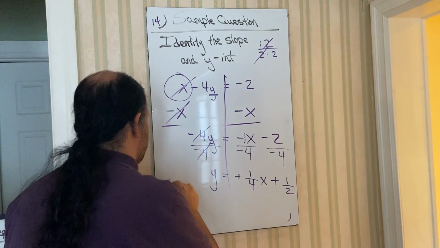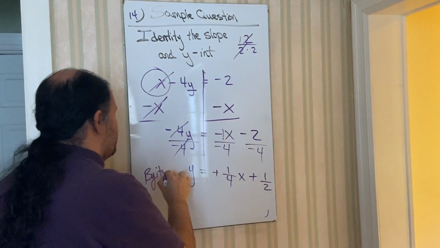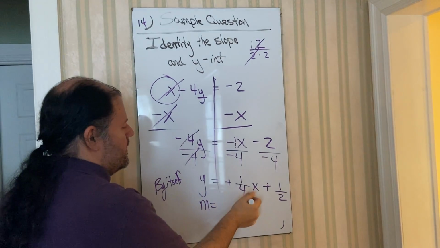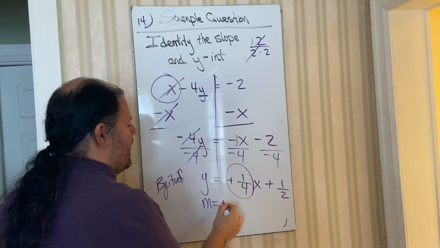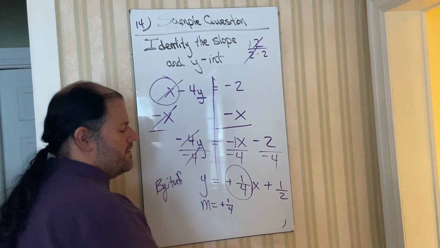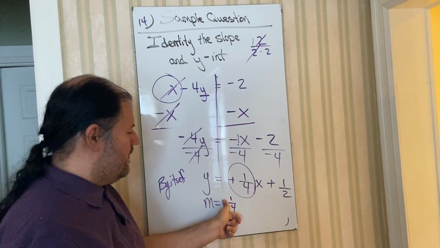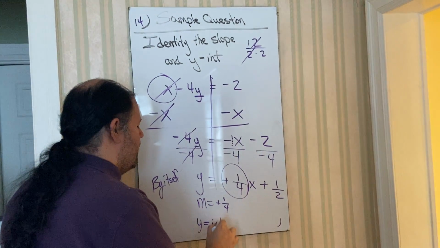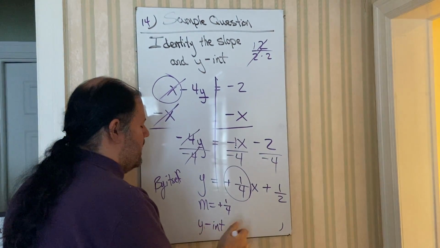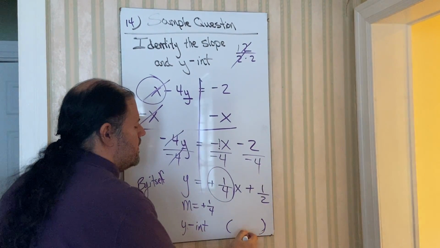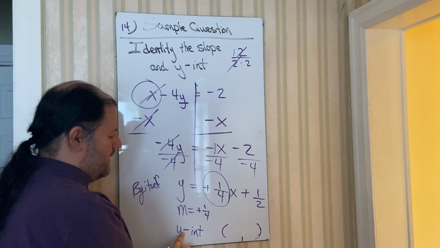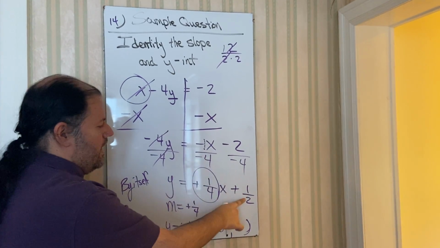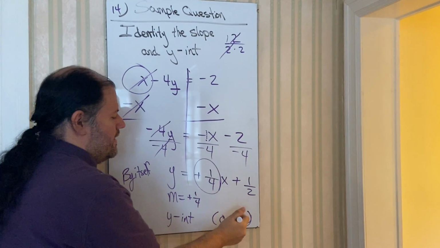Now that the y is by itself, we can now say, okay, the slope is the coefficient of x. That's going to be positive 1/4. You don't need the plus sign. Remember, if you don't have the plus sign, it still represents positive. And then the y-intercept, remember, the y-intercept is an ordered pair. It's always for y-intercept 0, and then what your y constant is. Y constant, also known as your b, is 1/2,